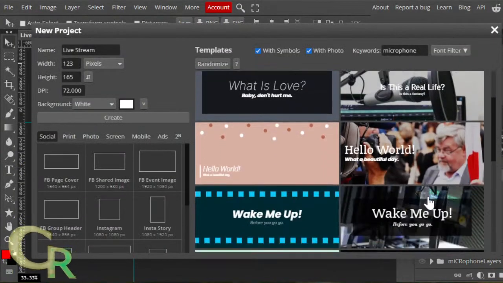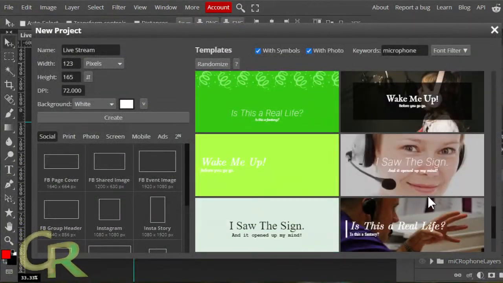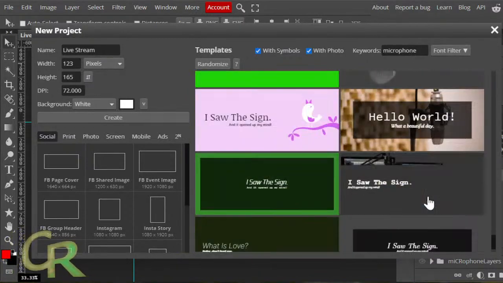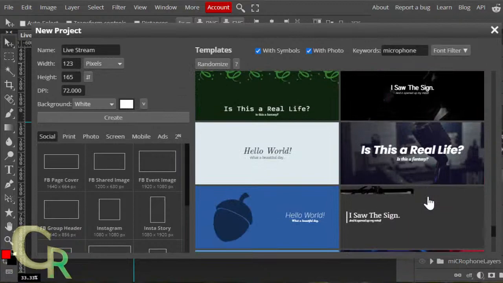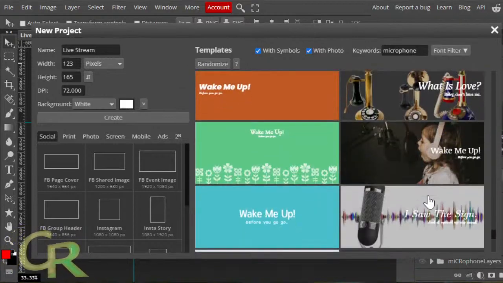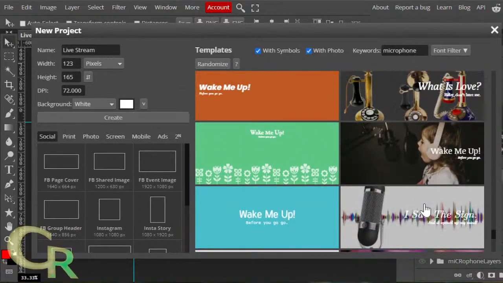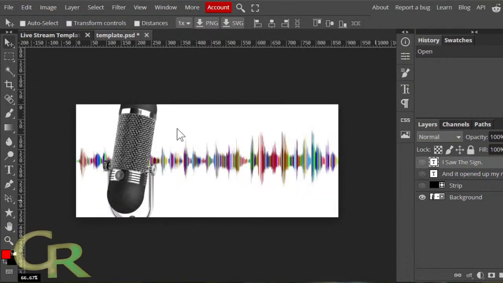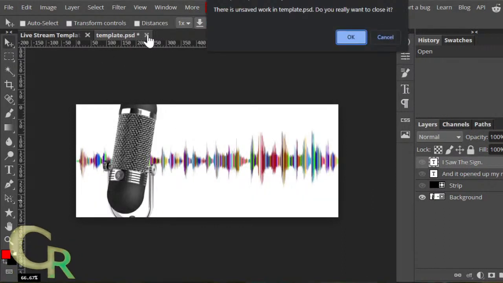I just typed in microphone. But then I eventually found an item in here that was kind of weird. It took time to, yeah, here it is right here. I took that one right there. Open it. Took this one. So that waveform you see is from this one.